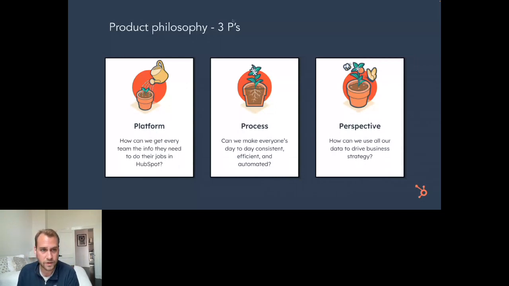So how can we get your teams the information they need in order to do their jobs within HubSpot? So that's both data generated within HubSpot. It's also data generated in your other tools as well. We indeed want to be the center of gravity for every business, in full recognition, though, of the fact that we are not the only tool in your tech stack by any means. So we do want to continue to lean into that direction of platform to really centralize all of those efforts